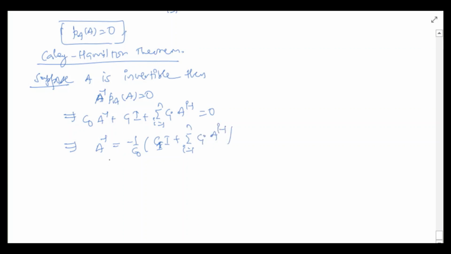So we see that we can obtain the inverse of a matrix A in terms of products of